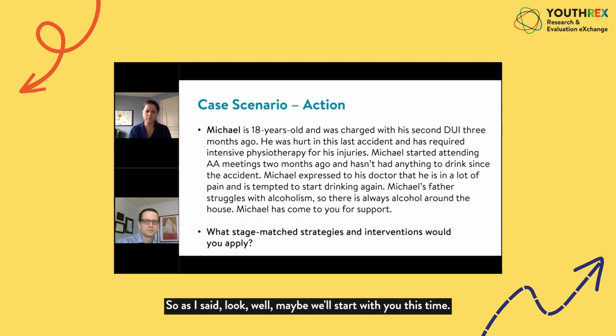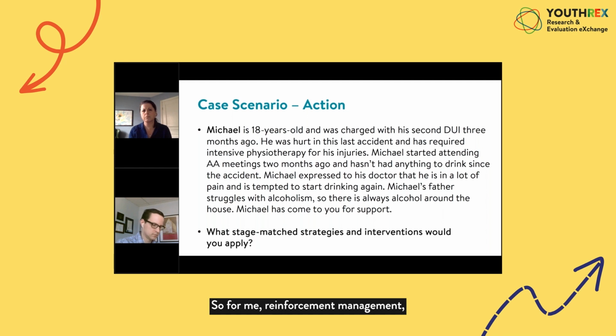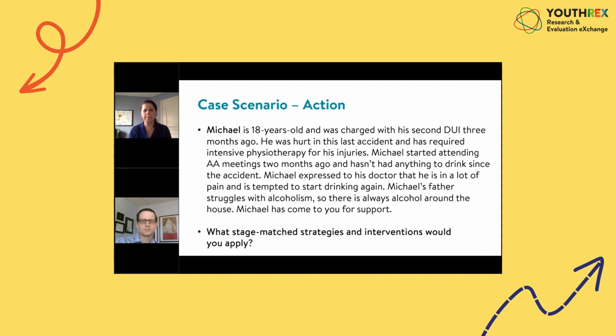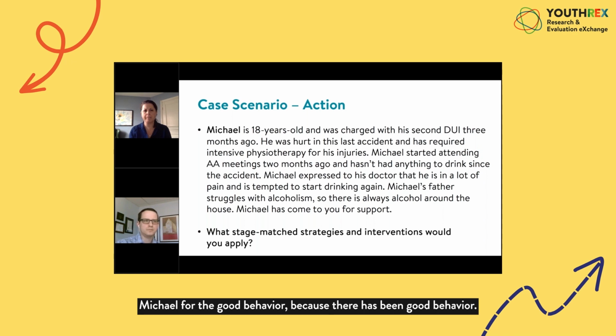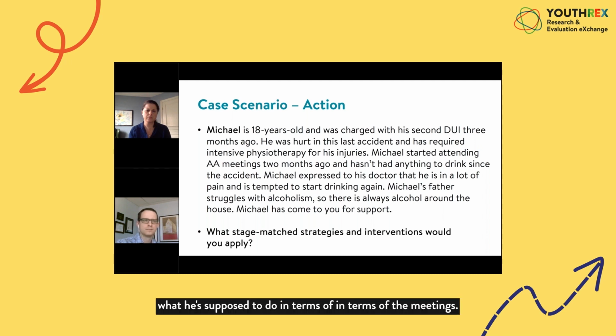So as I said, maybe we'll start with you this time. Stage match strategies, interventions, what do you think? So for me, reinforcement management, we have to figure out a way to be rewarding Michael for the good behavior, because there has been good behavior. So in the 2 months, he hasn't had a drink. He's been doing what he's supposed to do in terms of the meetings. So it's really important